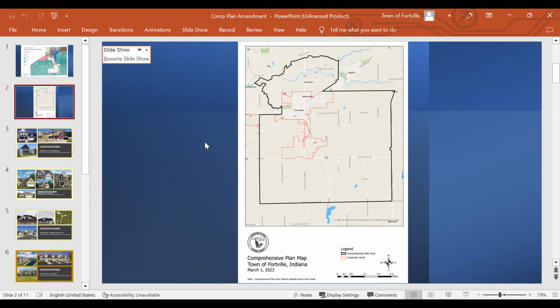We absolutely try to avoid providing water and sewer to unincorporated areas. And there's no legal requirement for us to do that either. That is our biggest enticement for development to come into the town limits: water and sewer. And I think that'll always be the same situation, whether it's Fortville or any municipality.